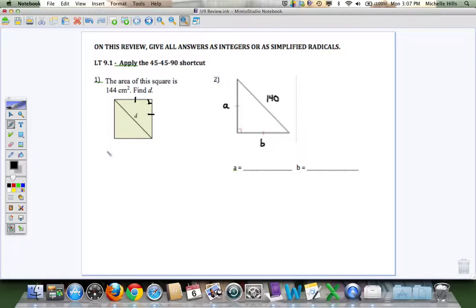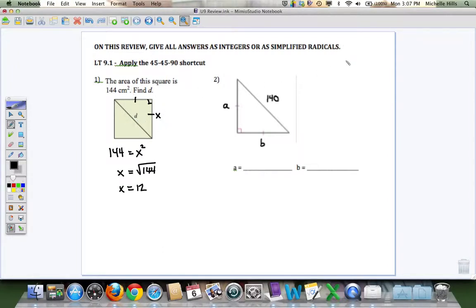To find the area of a square, it is equal to, and I'm going to put an X over here, the side length squared. So to find the side length itself, I'm going to take the square root of 144 to get 12. Now, if this side is 12, I could go through the whole Pythagorean theorem to get D,